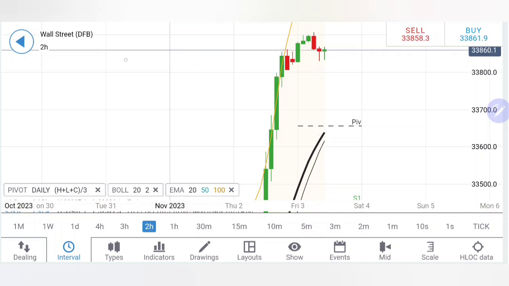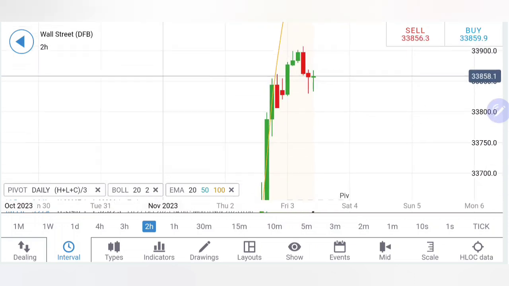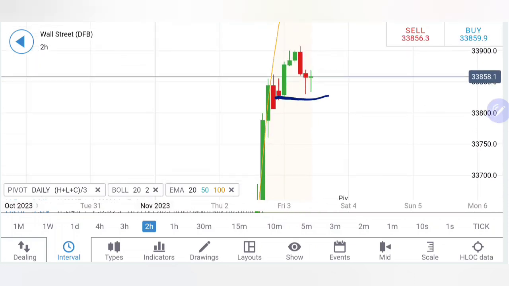But right now, it is not showing any signs of retracement. It is just consolidating here. You can find the 33,820, 830 levels are giving it a very good support, and below that you can say further bearishness to prevail. Thus, if you see the price is staying below 33,830, you can sell here and expect it to drop for